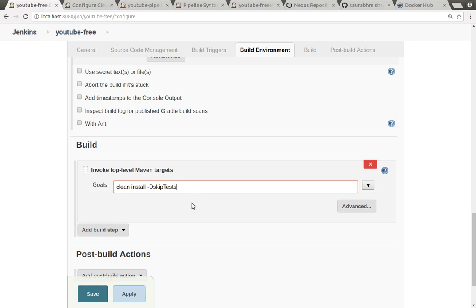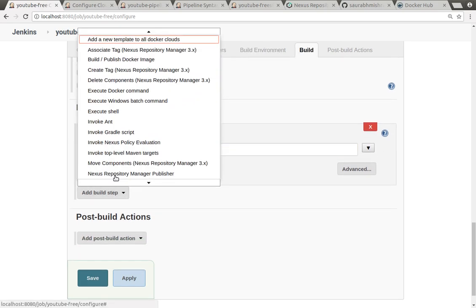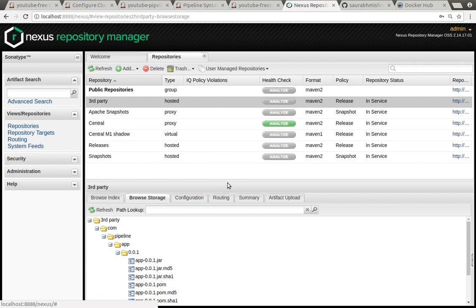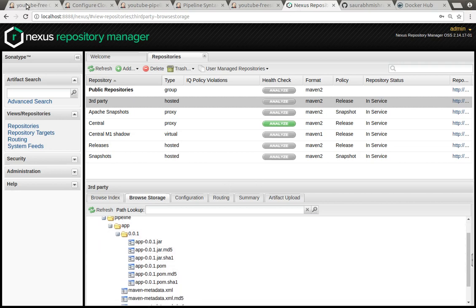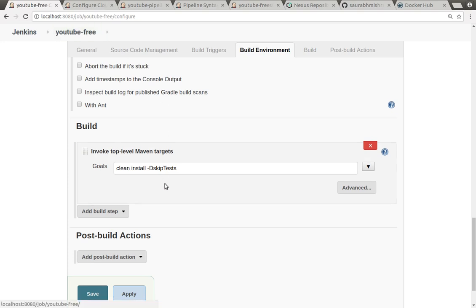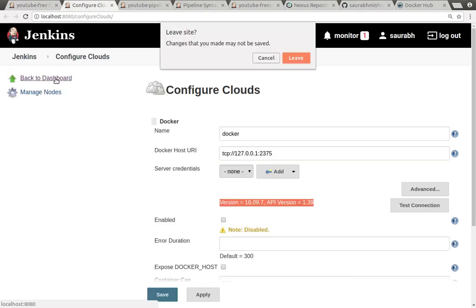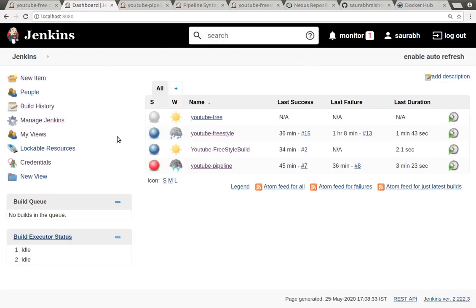So by using this command, after that you can configure many things, like once this application is built, if this is a WAR kind of application or jar kind of application, we can choose for publishing this into the repository. Nexus repository can store this application. So where exactly can the Nexus repository store it? So let me open one more pipeline which I have configured, and there I'll show you other options also.